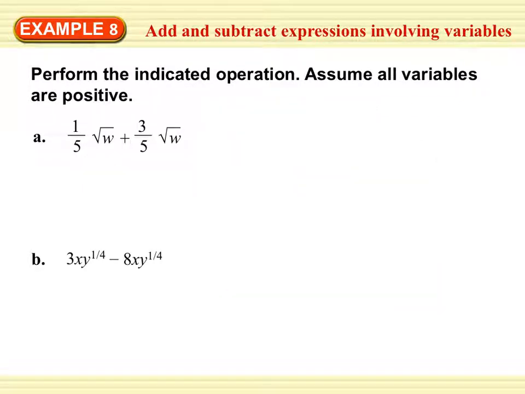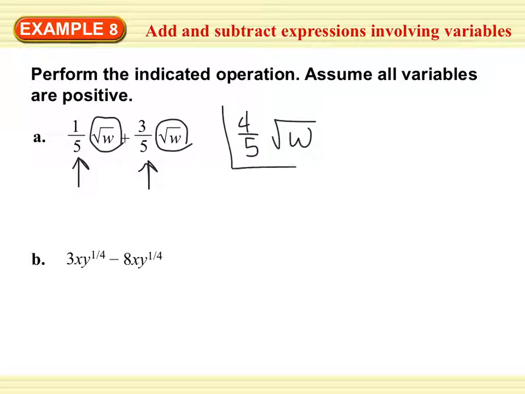All right, example 8. It's our last type of example, and then we'll have a little bit more practice problems, but here's our last example. So perform the indicated operation. Assume all variables are positive. Remember, if we have the same radical, we can add what I call the coefficients. 1/5 plus 3/5, they're the same denominator, so that's actually 4/5